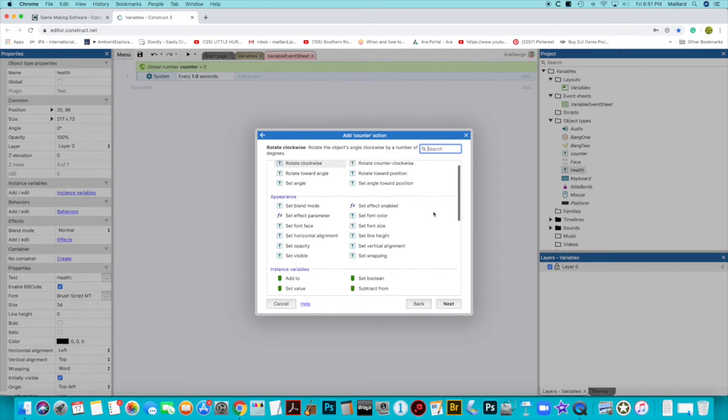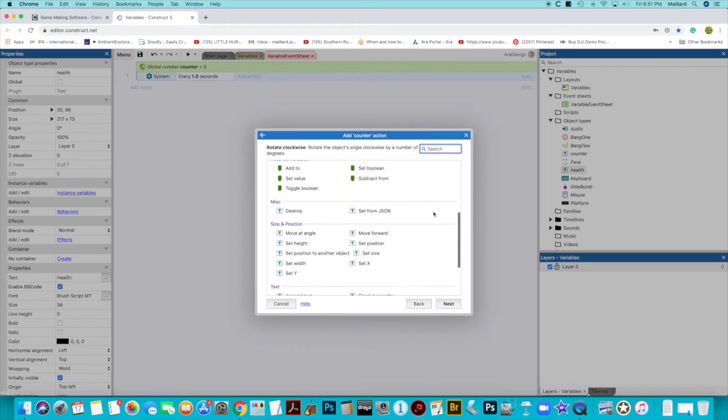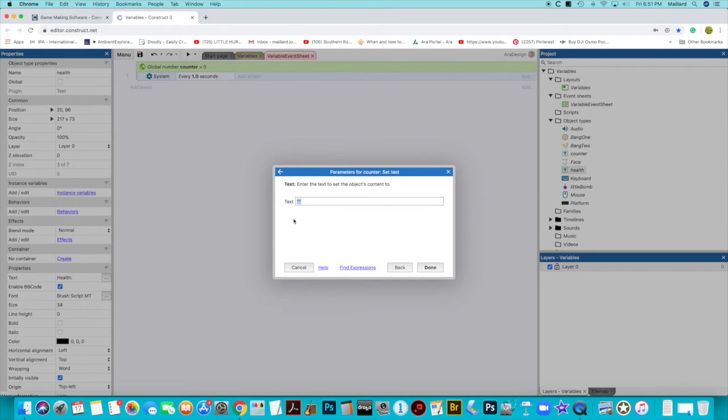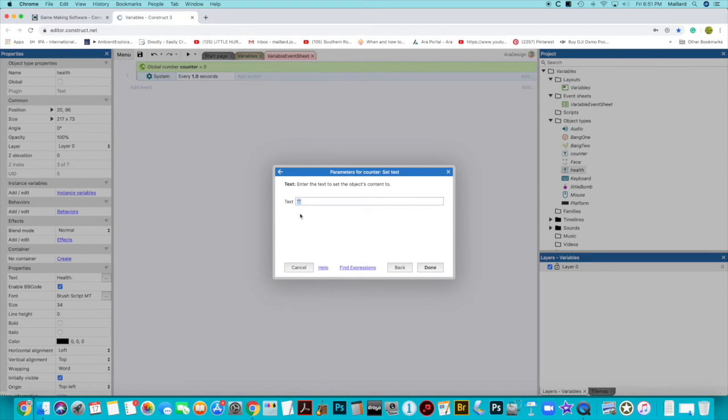So if we look down here, you can see that set text is highlighted. That is because that's a very common thing that people use. So I'm going to double click set text. And then I have some speech marks in my text box. And this is to allow me to put visible and invisible values or numbers or words into my text box. So inside the speech marks is visible, so I'm going to type counter,